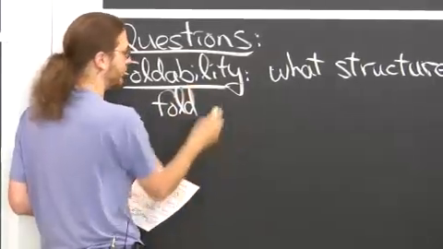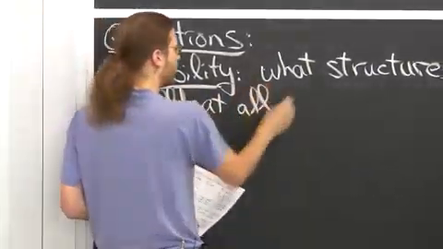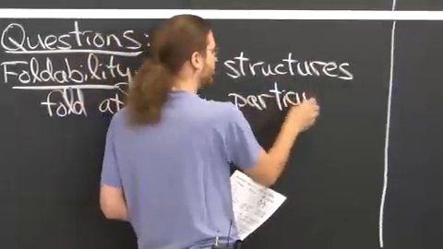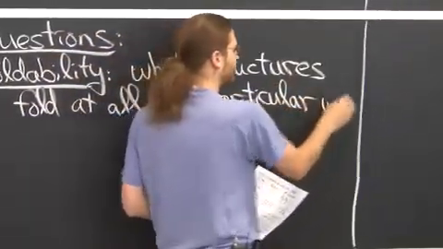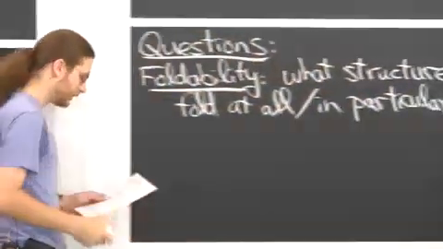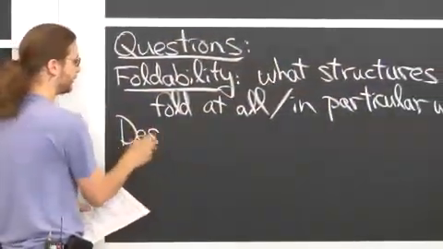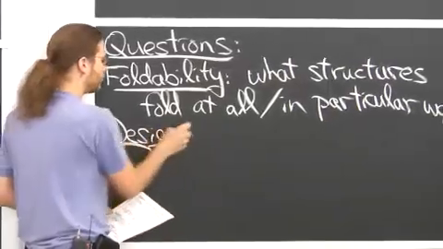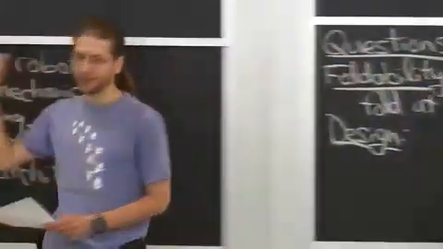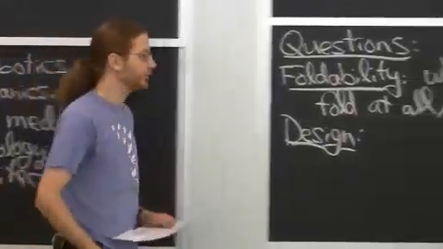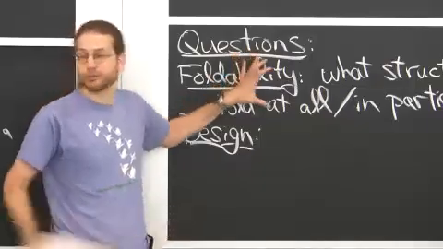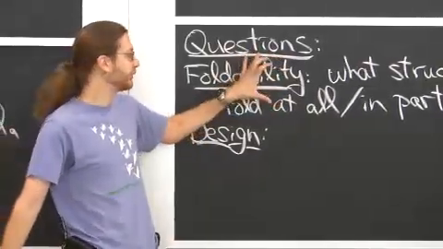Maybe just does it fold at all? Or in some particular way? Can you make it fold into something interesting? Or some notion of interesting? I'm going to be generic here, because there's a lot of different questions, obviously. And this is in contrast to a design question, where what you start with is a goal, like I want to make a butterfly, and then the question is, how do I fold a piece of paper to make that butterfly? So here you're given maybe a crease pattern,